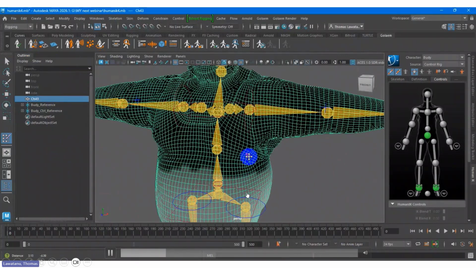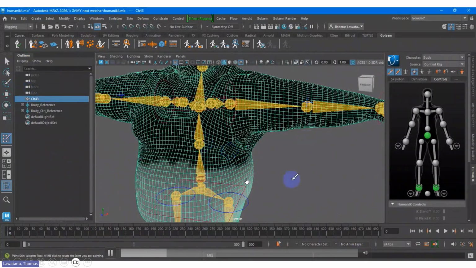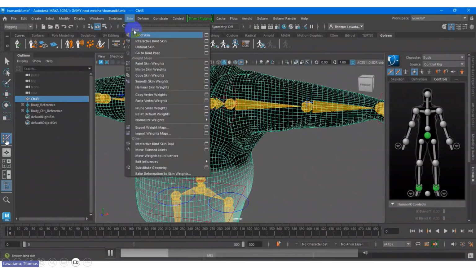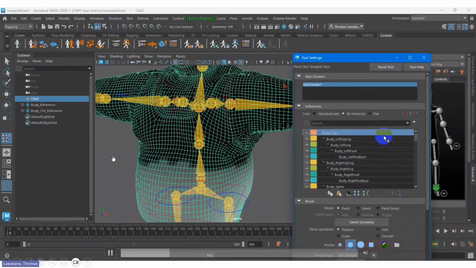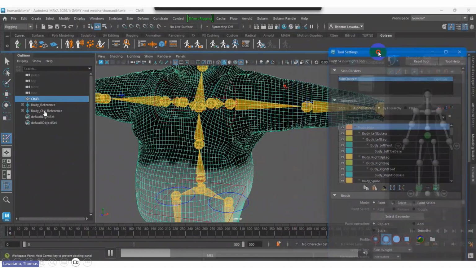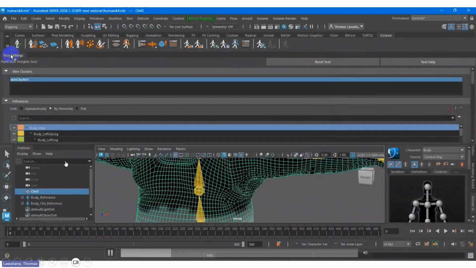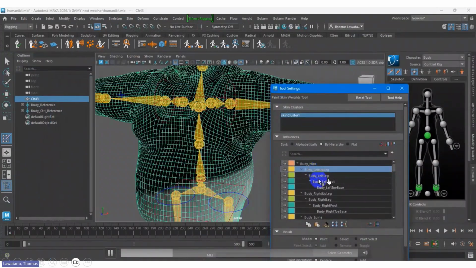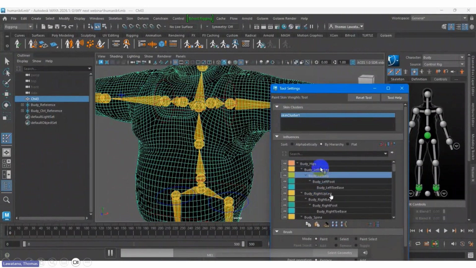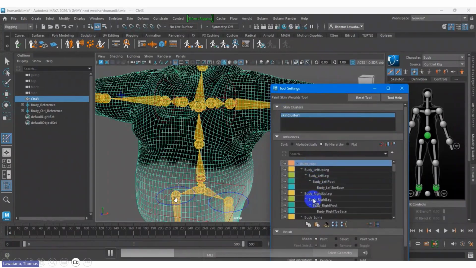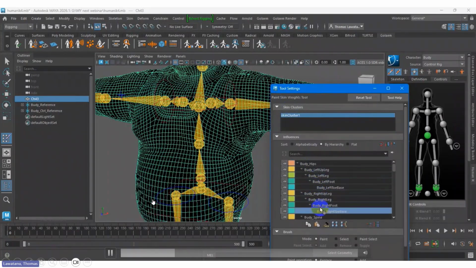Yeah, I think we need to go with the paint weight tools. That's why we need to define, so we don't go to the outliner and select one by one. We just go to the paint weight. There is a part, and one part is selected automatically. This indicates the coverage area.